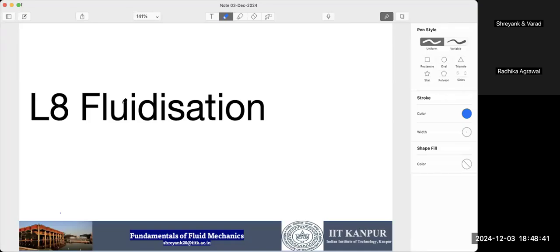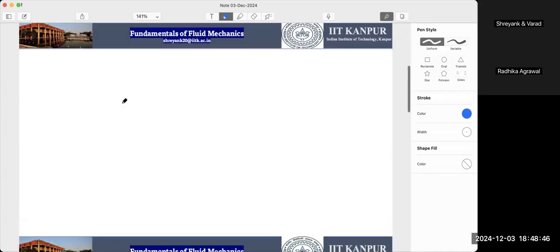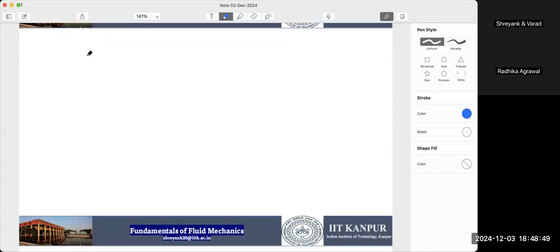Okay. So today we will be going to discuss fluidization. So what happens in fluidization? When you are having a fluid flow through a porous media in a way that, let's say, you are having some bed. So it's a packed bed where you are having